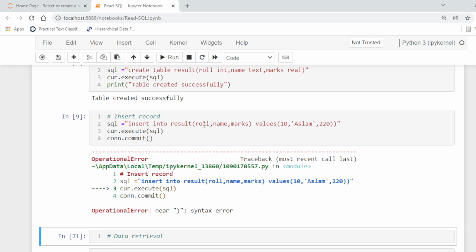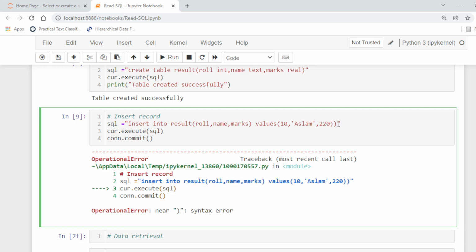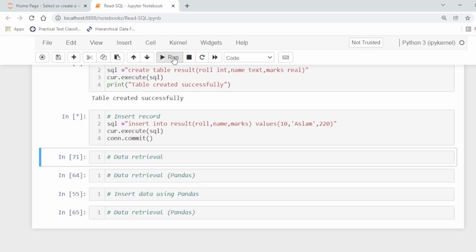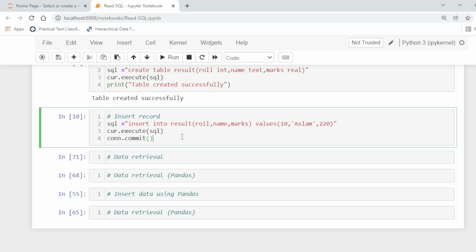Insert into result roll, name, marks values 10, this and that. Okay. Now the record was inserted into the table result.